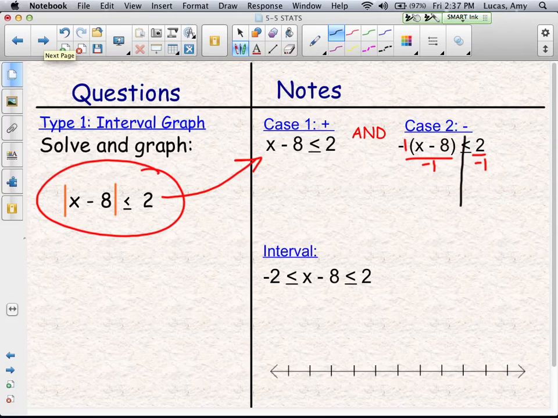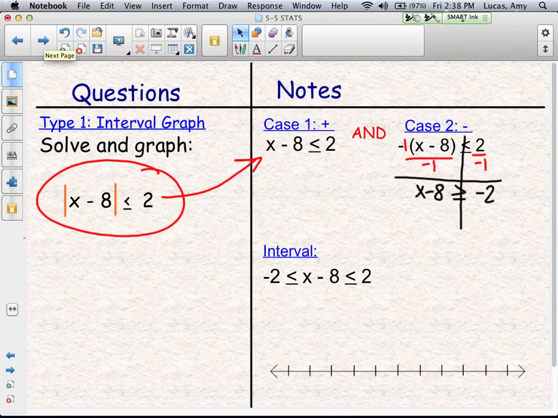because if you divide by -1, you preserve the x minus 8 so that case 1 and case 2 look more alike. And the only thing that changes is the 2 becomes a -2, and this symbol has to flip, because if you multiply or divide by a negative number, it flips the symbol. So now look at our case 1 and our case 2,